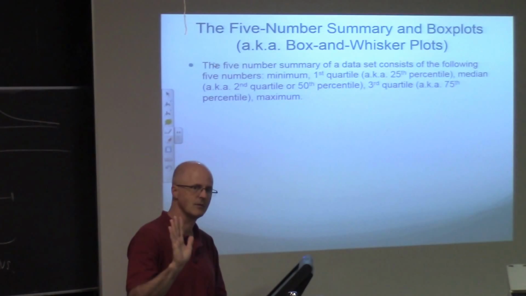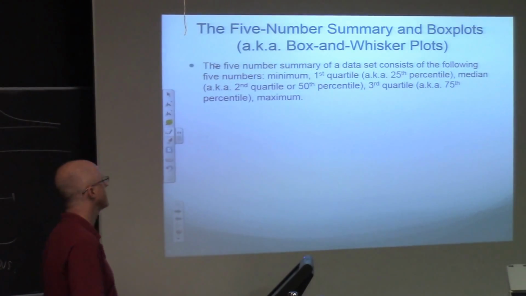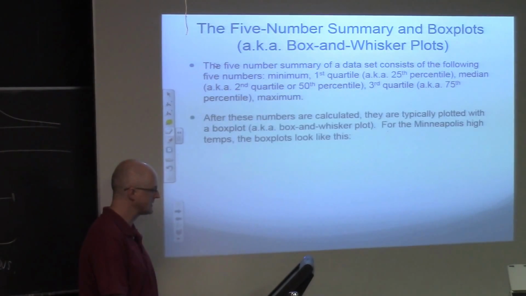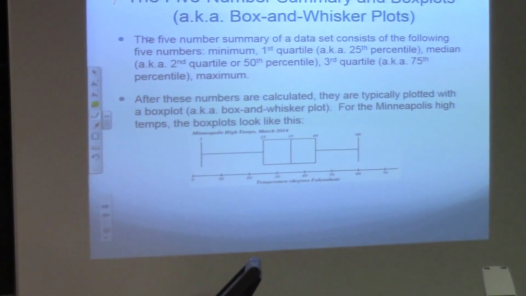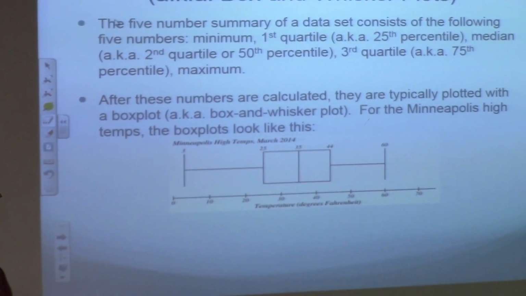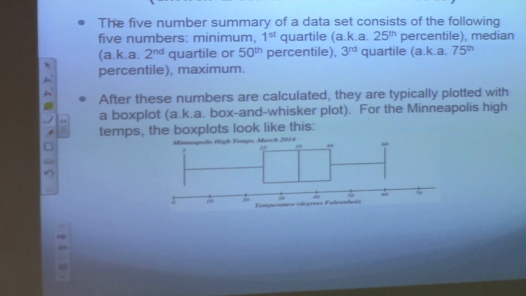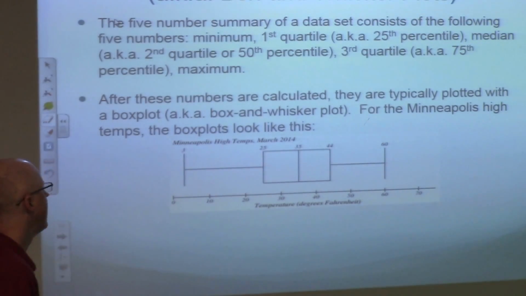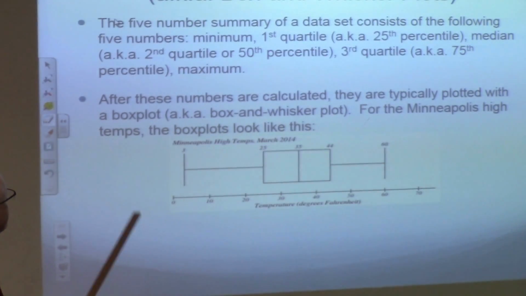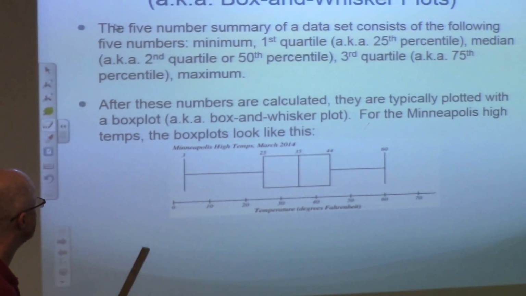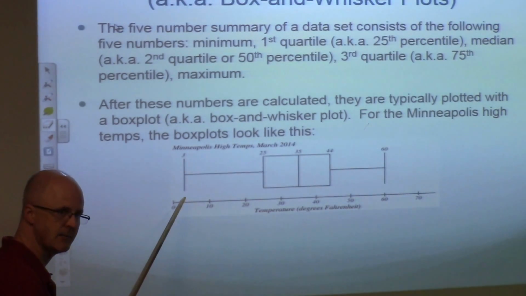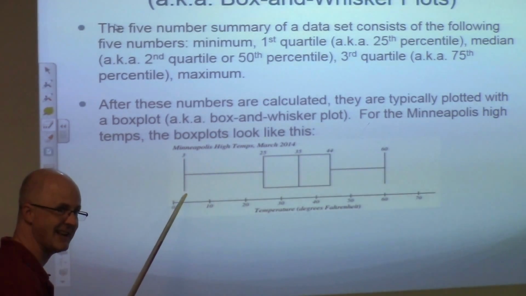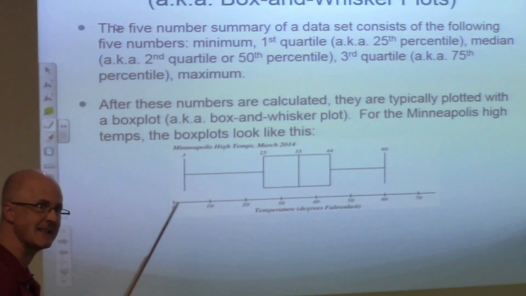Those 5 numbers, which we're about to show you how to calculate, make up the 5-number summary. When you graph those in the following way, you get what's called a box plot or a box and whisker plot. I typically make mine to look like this, though other people don't always make them look like that. Sometimes instead of vertical lines, they put dots. Where are these vertical lines? This was for the Minneapolis high temperatures in 2014. This vertical line is at the value 3, which was the minimum, the lowest high temperature, only 3 degrees Fahrenheit, in March, amazingly. Yeah, it's cold here.